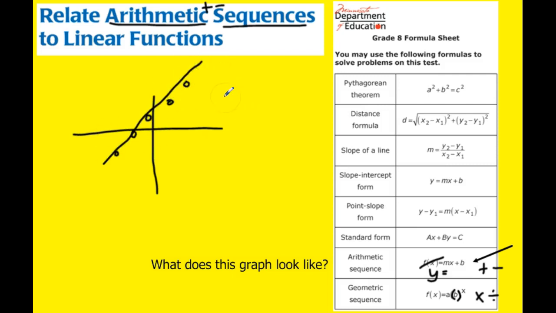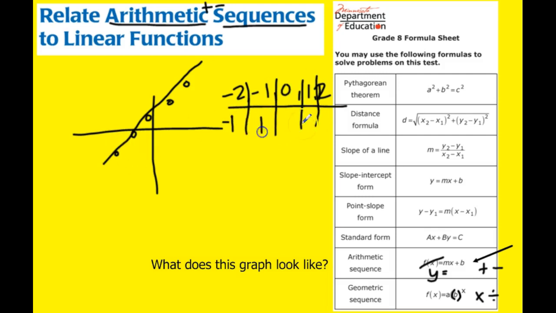And you guys have looked at tables before that look something like this: -2, -1, 0, 1, and 2, where we might be at -1, then 1, then 3, then 5, then 7. This second row is what we're looking at for the pattern. Every single time, we're going up by 2. So I know this is an arithmetic pattern because it's a nice straight line, and we're having the same pattern